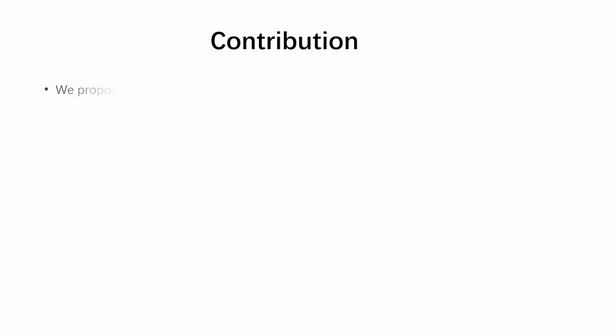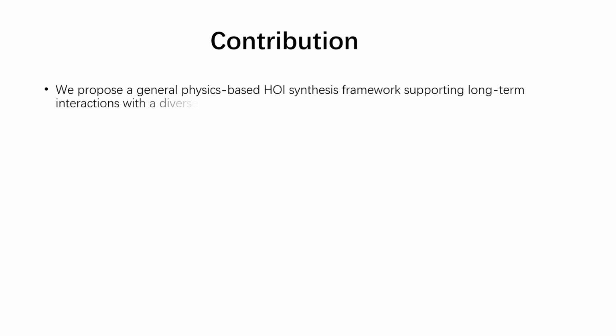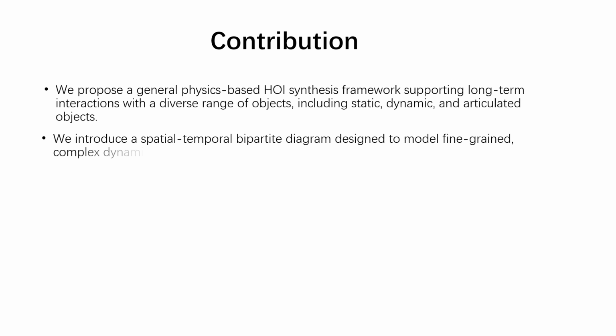In this paper, we introduce a unified, physics-based framework for human-object interaction skill learning. Our approach leverages the powerful world knowledge of vision-language models to control interactions between human and object in both static and dynamic scenarios. Moreover, we introduce a spatial-temporal bipartite diagram that allows us to model complex, dynamic human-object interactions in a very fine-grained way. RMD also helps us automatically construct a unified reward function, which is critical for training agents